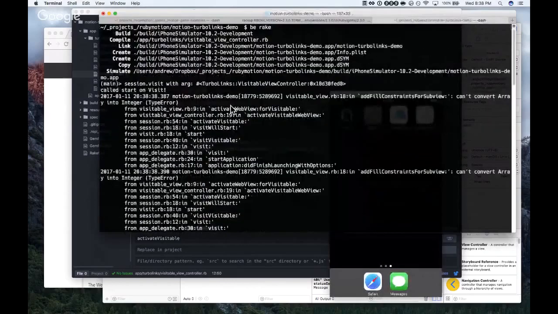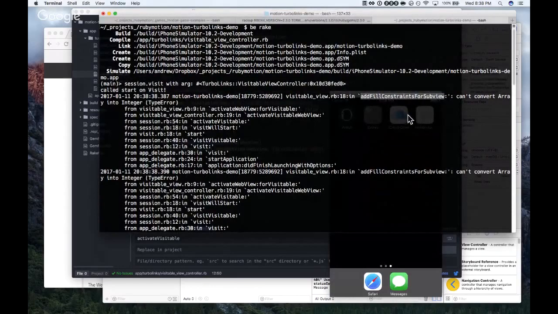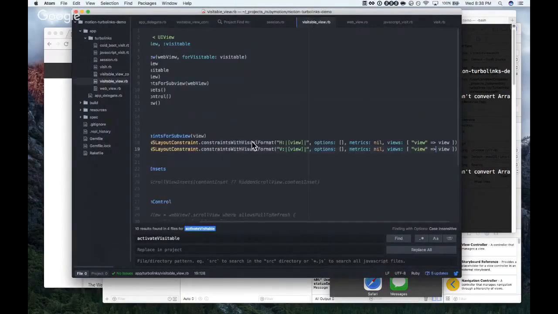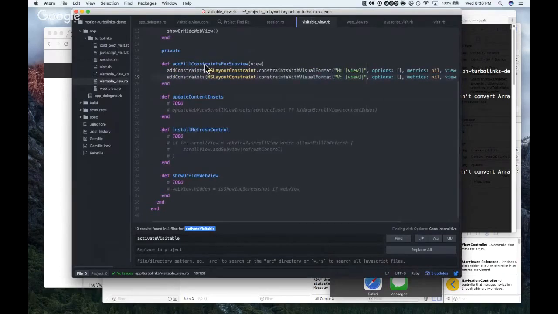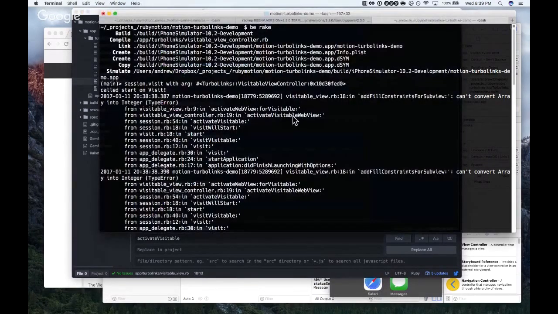How close are we? Let's see. Cold start on visit. Add fill constraints for subview. Can't convert array into integer. I'm just going to comment out that line. I think it's setting these constraints that it's complaining about.